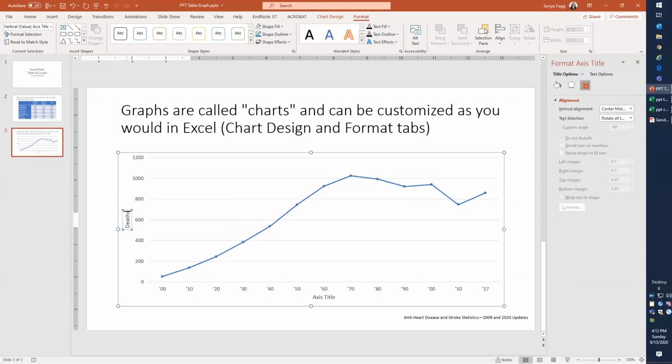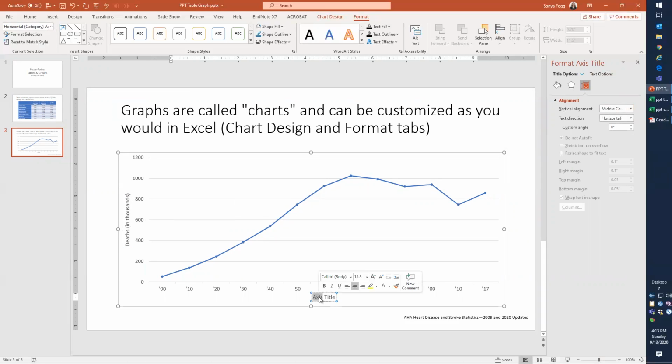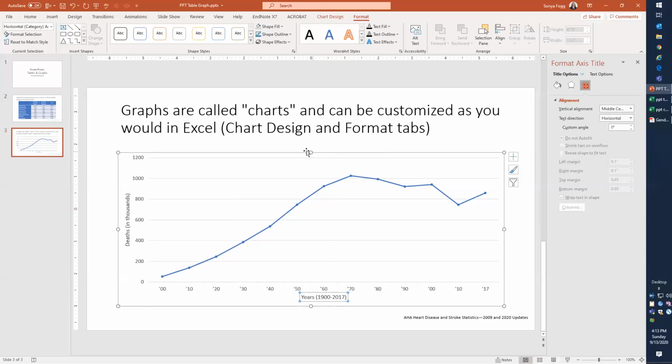If you have trouble making those clicks, you can use these options over here or over here in order to select the area that you need. And this one, we're going to switch this to years. And give it a little more information. So this obviously has put in some default